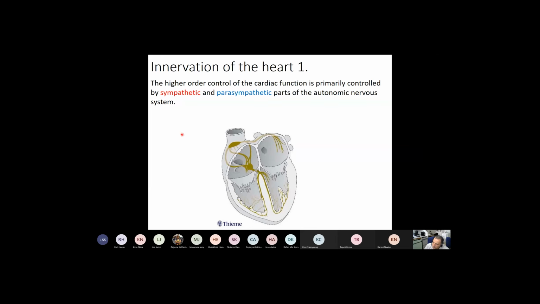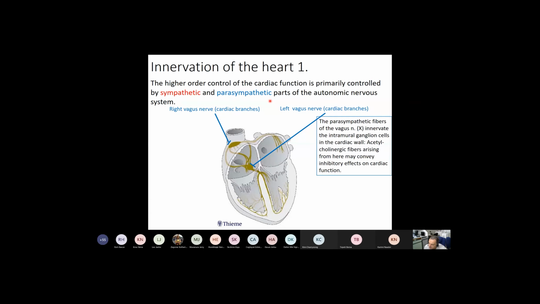So the innervation of the heart depends on one hand on sympathetic and on the other hand on parasympathetic nerves. The autonomic nervous system does control the heart rate, and the SA node and the AV node receive parasympathetic innervation by the vagus nerve, by its cardiac branches. And these nerves will reduce the heart rate because the parasympathetic fibers are cholinergic. They throw out acetylcholine, and that inhibits the